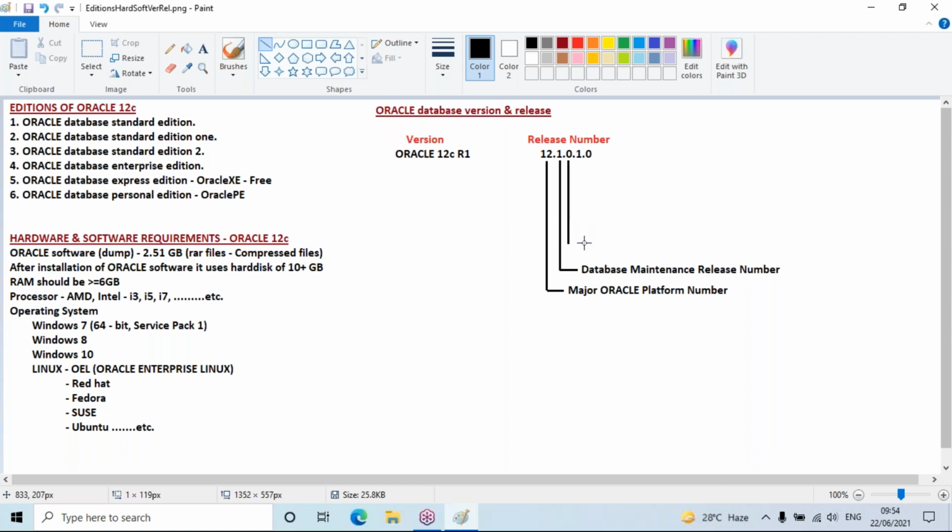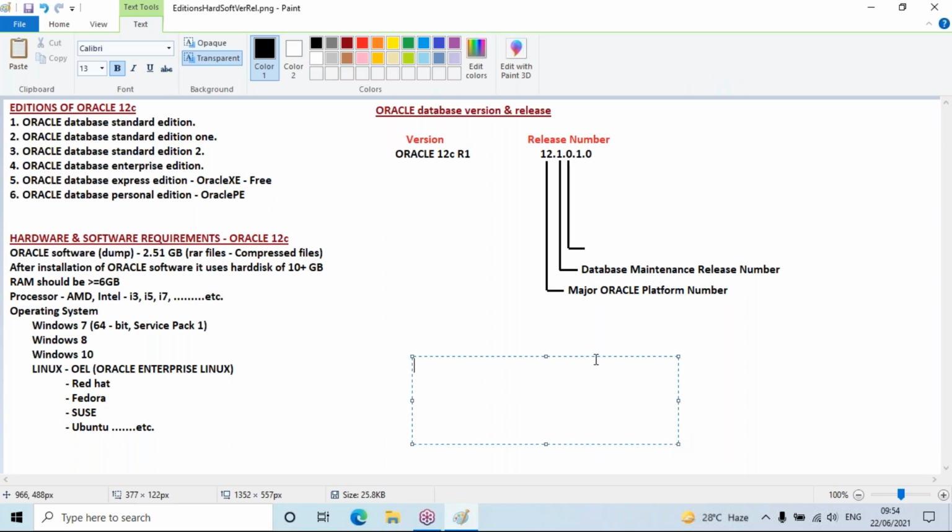Then again 0. This 0 is identified as the application server release number.